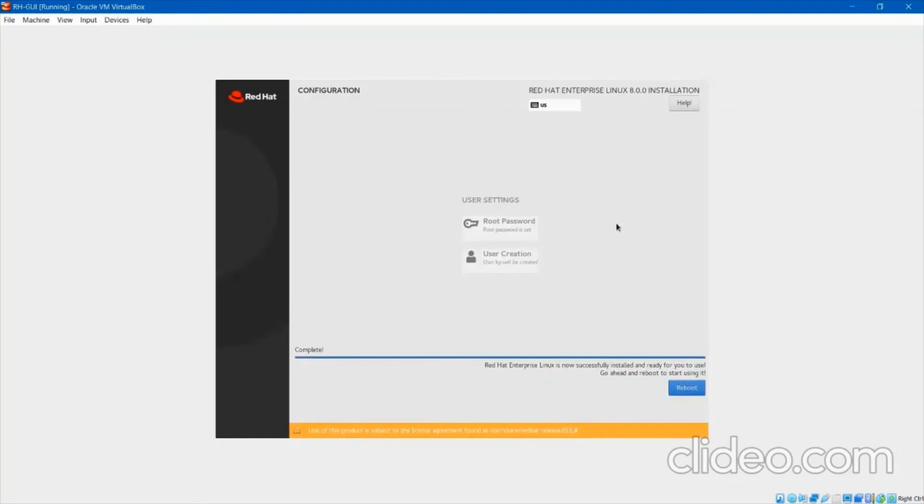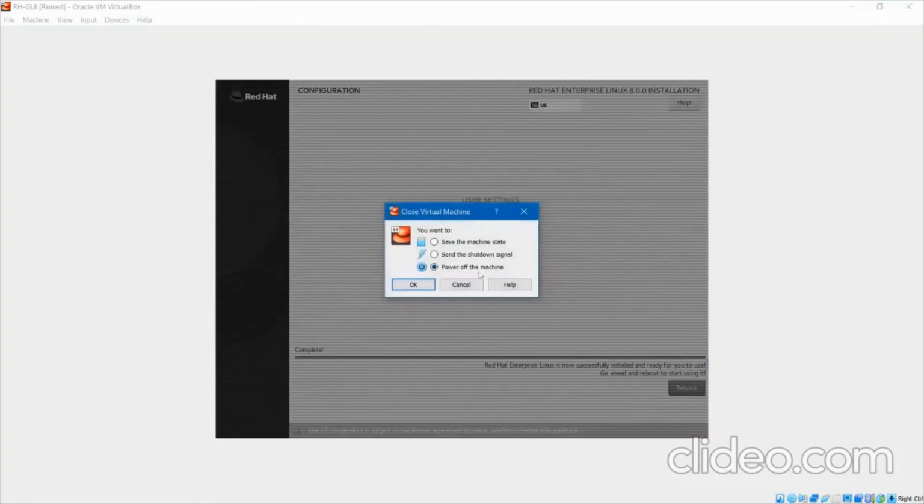Great, so you can see everything is complete, and I suggest now you don't click on the reboot. Okay, I'm just showing you. If you click on the reboot, all the installation process we have done for 30 minutes or more will repeat again. So leave it as it is and just close this VM, power off the machine. Okay,